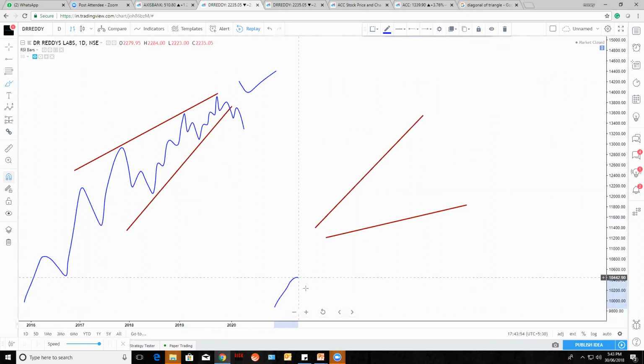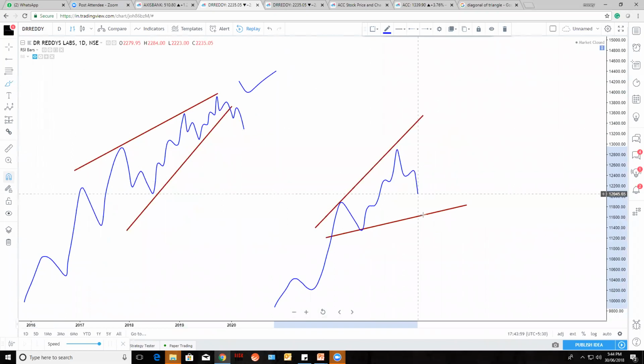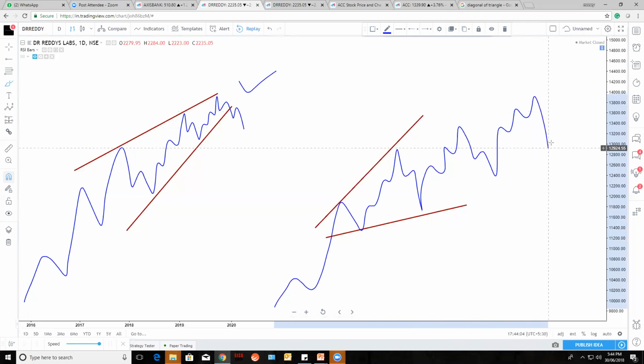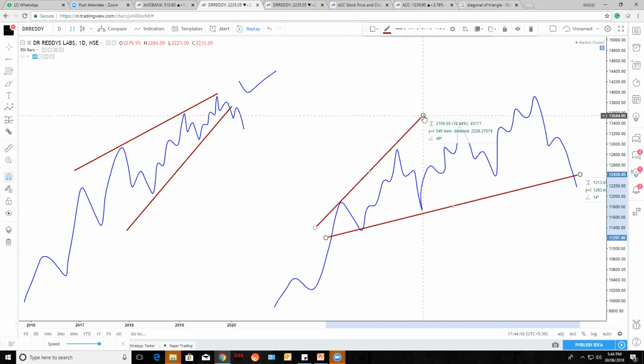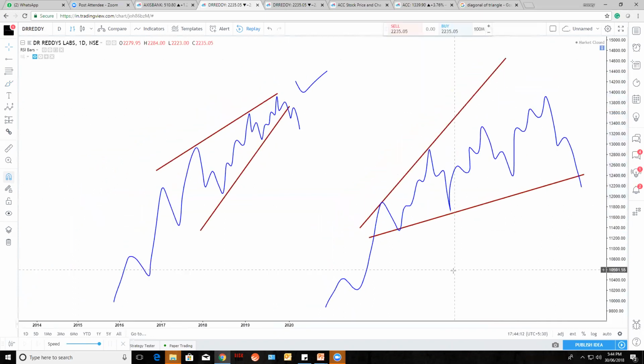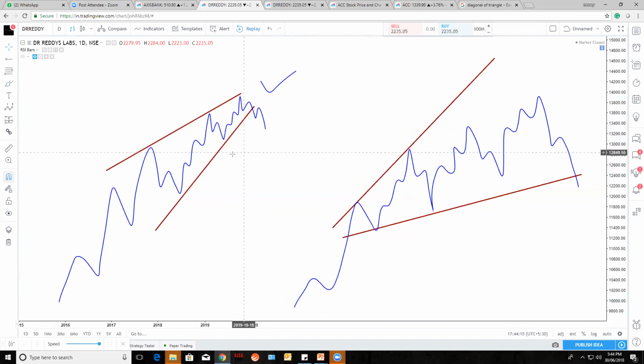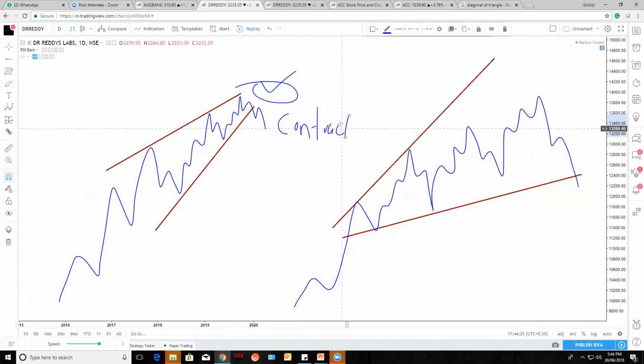Same here, 1, 2, 3, 4. So 1, 2, 3, make like this. 1, 2, 3, make like this. 1, 2, 3, 4. Like this is one. It is called the contracting type of diagonal. Okay, it's a contracting type of diagonal. Okay, it's an expanding type of diagonal.